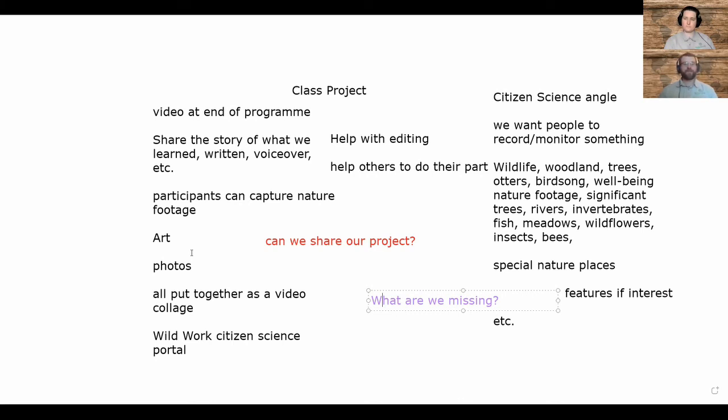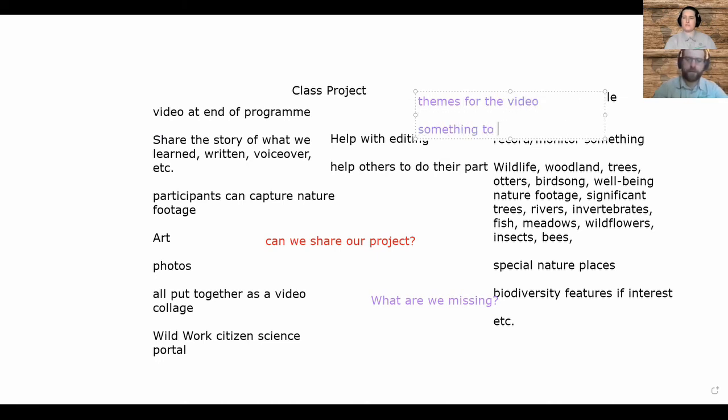So that's something to think of as well: do we just want it to be random, all about learning to be a citizen scientist, or do we want to pick themes? And if we do pick themes, we could pick one theme, we could pick multiple themes, but it's something to think of when you're putting the video together. It's almost like, what are the chapters of this video that we're going to produce? Does that make sense to you? It does, yeah. If we see something that really resonates with the participants, something they're really enjoying, maybe we can start throwing out some themes to them.